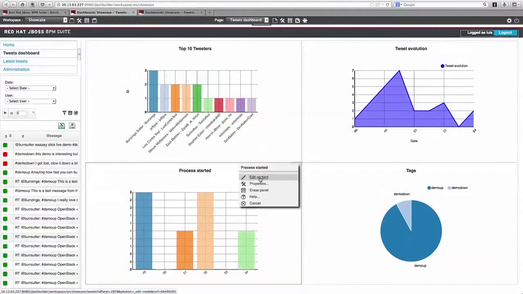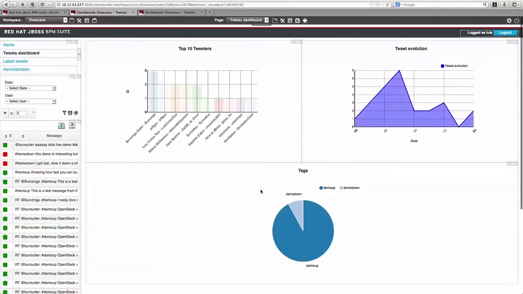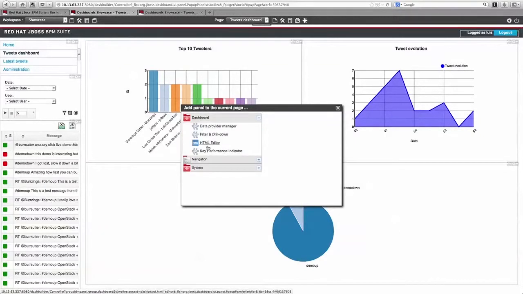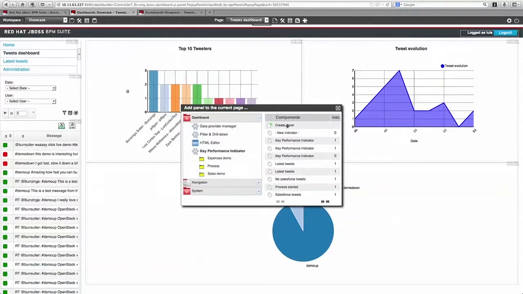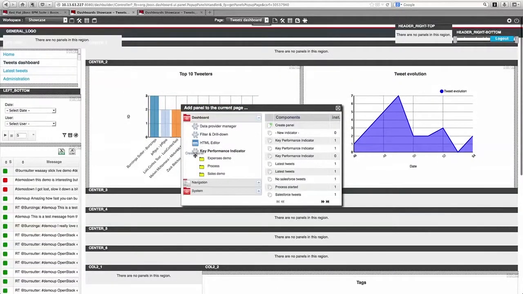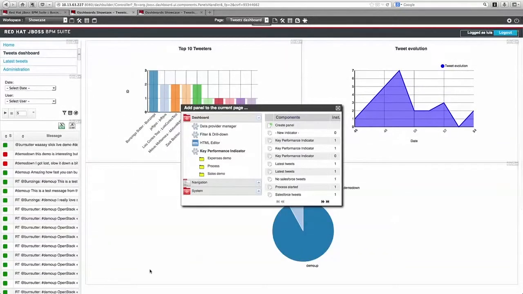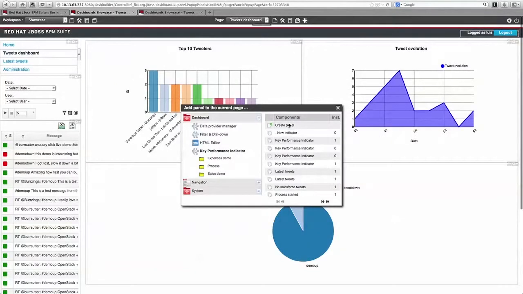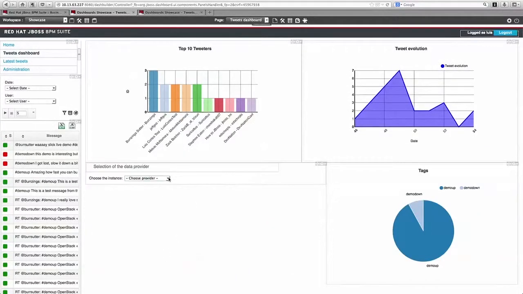In BPM Suite 6, we provide easy tools to customize this dashboard. I just deleted one of the graphs up here, so I'm going to add a new one. Just by clicking here, I'm offered a number of different graphical components that I can drag and drop into this interface. I'm going to drag one into the same area that the other graph was using a minute before. Then we're going to customize it in the same fashion that you would customize your favorite graph